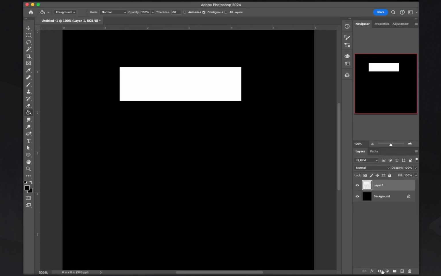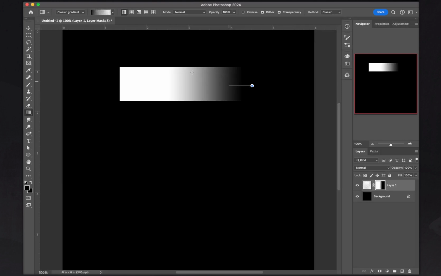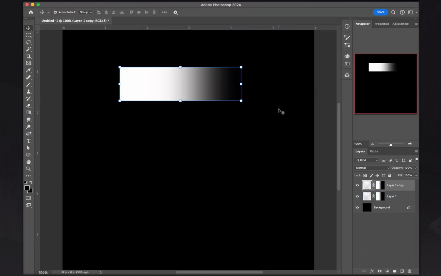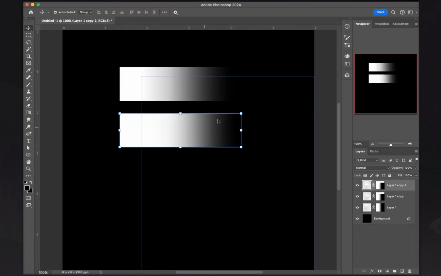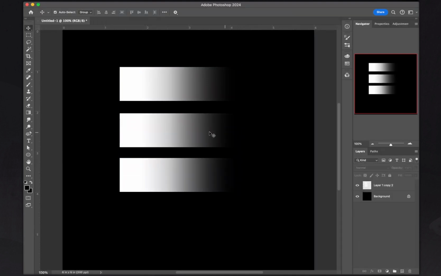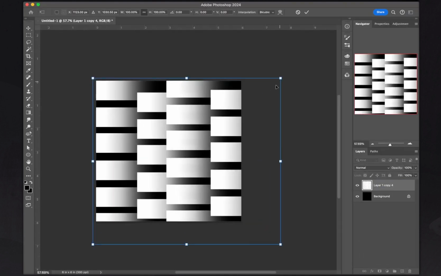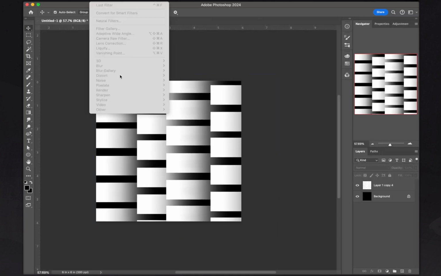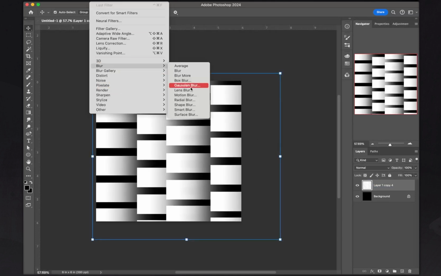Then, on that layer, create a mask layer. Grab the gradient tool and kind of fade in one side of the rectangle. And then after that, we're going to duplicate it around to kind of create a pattern. It doesn't have to be perfect. After we kind of filled the canvas, I apply a little bit of a Gaussian blur to kind of soften